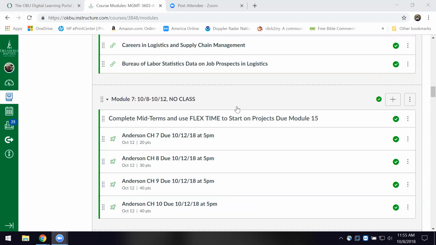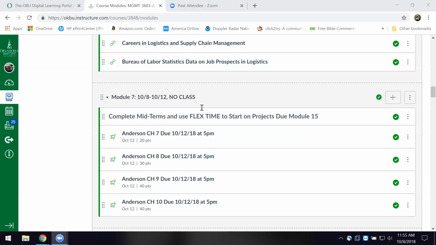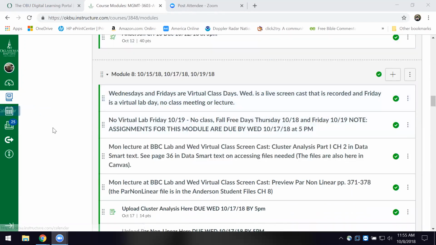You also have some flex time to start on a project that's due in Module 15, which is the week before class. So you'll want to go down there and take a look and get started on those, or at least look them over. That's what you've got some time to do this week. Now, this is for the 8th and for the 10th. As I said, then next week, the 15th and 17th,